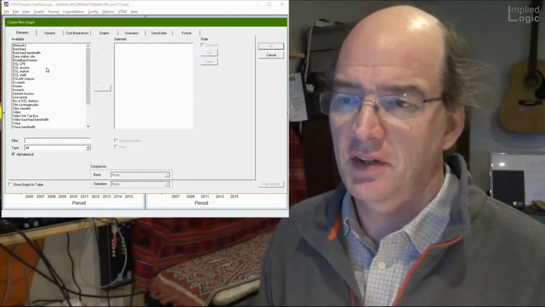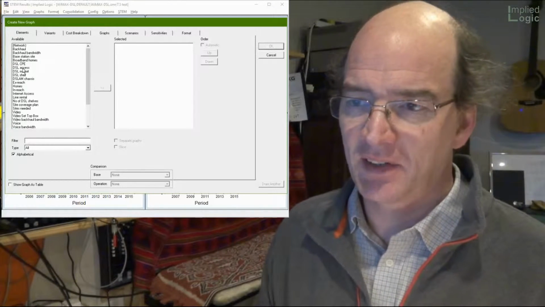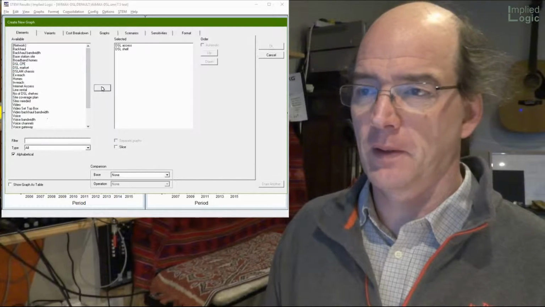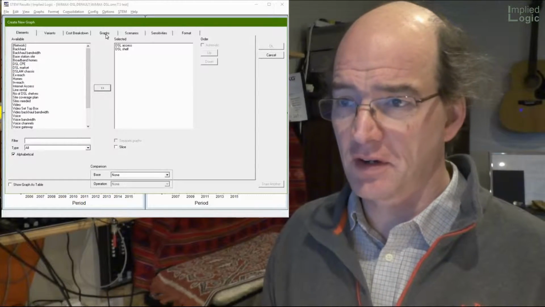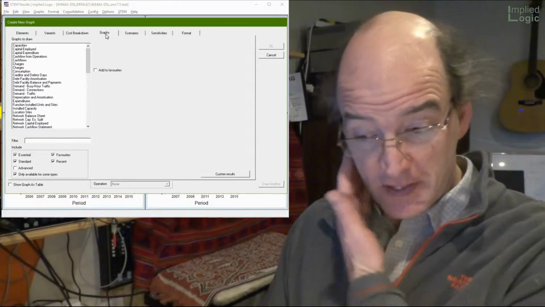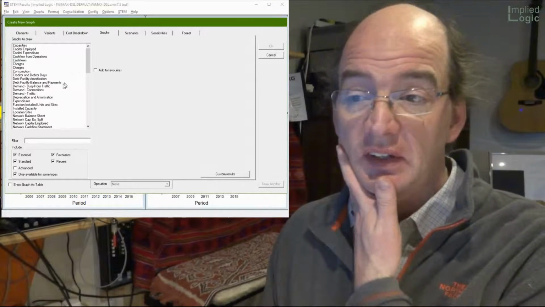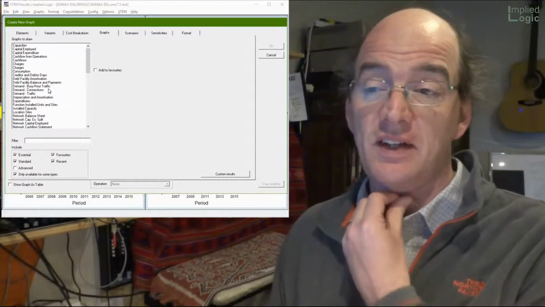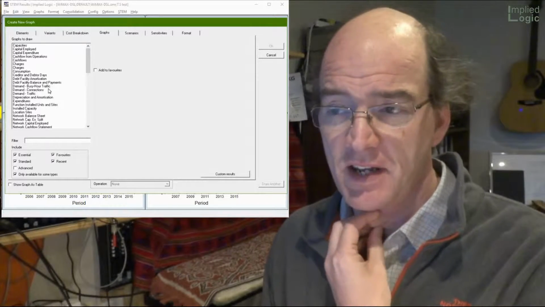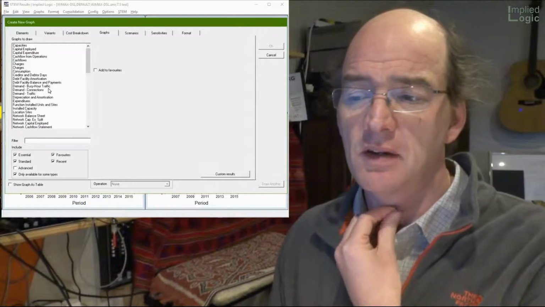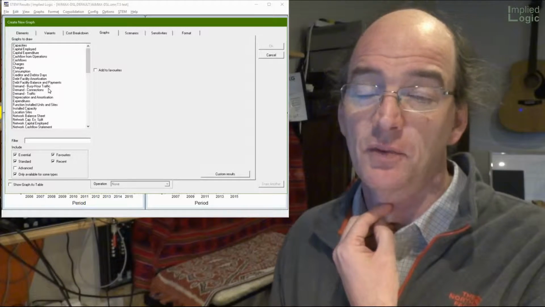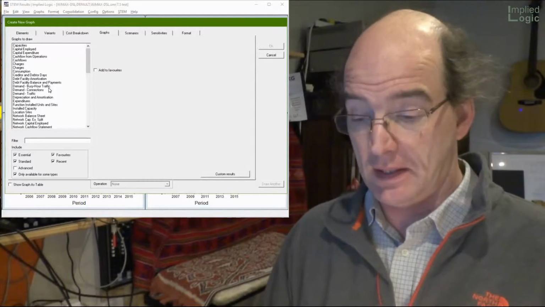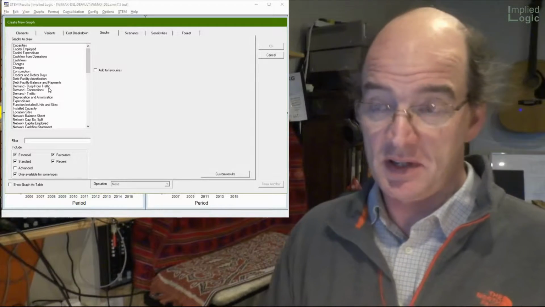So I'm going to select a couple of elements. We'll pick DSL access, which is a service, and DSL shelf, which is a resource. And if I then go across onto the graphs tab, you'll see that what this does is it lists some graphs that are available for the selected elements. So the idea is that it's showing you only the graphs which make sense for the elements you've selected,